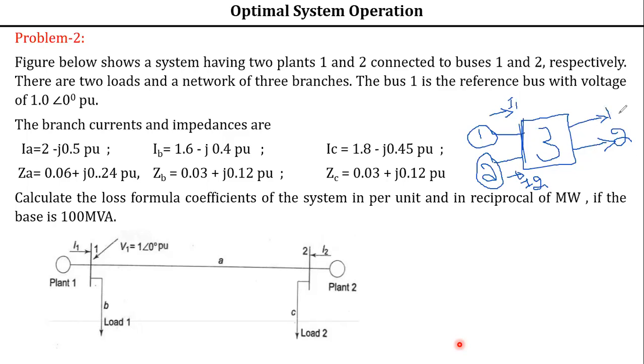Then you have to add up those two to get the total load current. Is it clear? So how to get this load current for load 1 and load 2? Looking into the single line diagram, here you should get it. Looking into this load 1, we have to calculate it here. Is it clear?